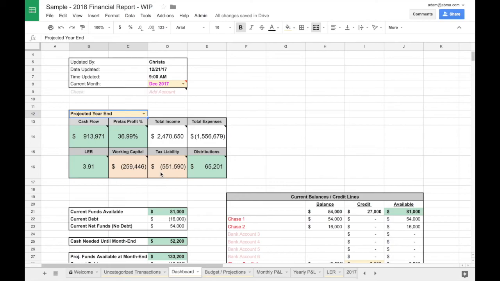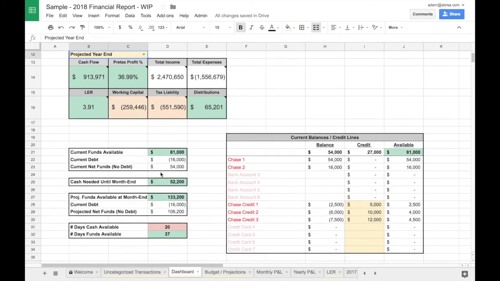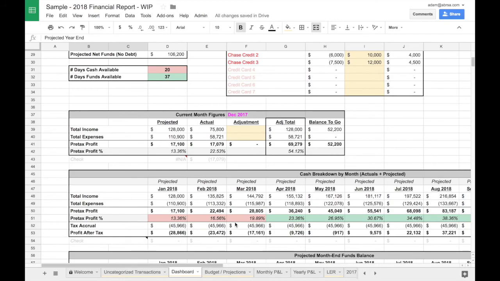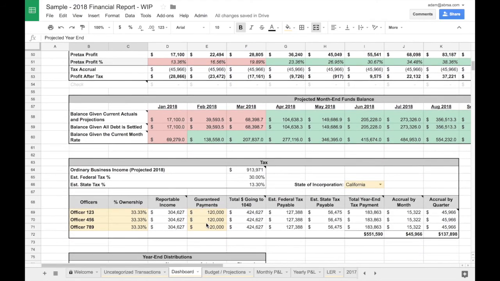Below our key weekly metrics, we have our other performance indicators that we need to track, detailed here. Things like cash flow, our budgeted P&L statement, which has our pre-tax profit margins underneath it. We have a projected cash flow model that we can track exactly how much money we'll have throughout the year so we never run out of the resources we need. We have a tax planning model that we are constantly tracking what our tax bill is going to be so that we can make the correct quarterly payments if we need to, and have no nasty surprises at the